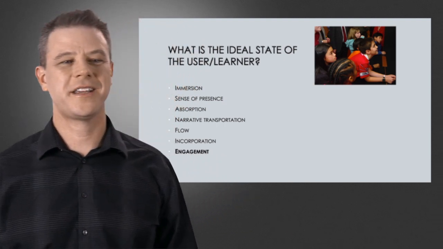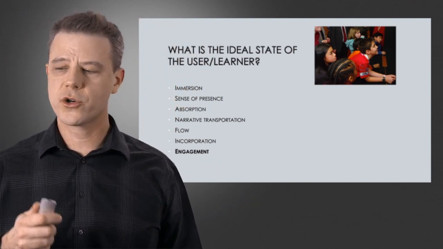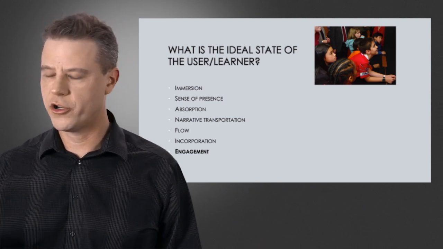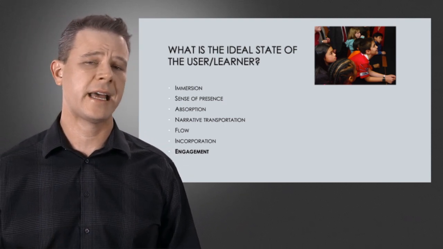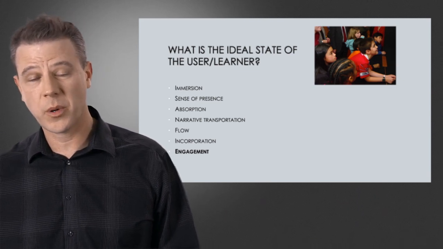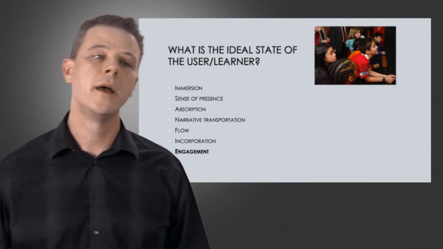I'm not going to talk about all of these, but if you ask the question, what is that ideal state? What are we trying to produce in a learner at some exhibit or doing some project in a class or doing homework? In all of these contexts we should ask that. What are we trying to achieve, both as an outcome at the end of the process, but also during the process when the student is engaged in something?